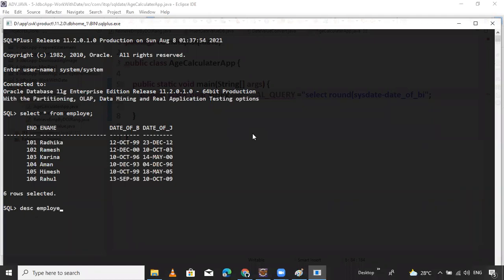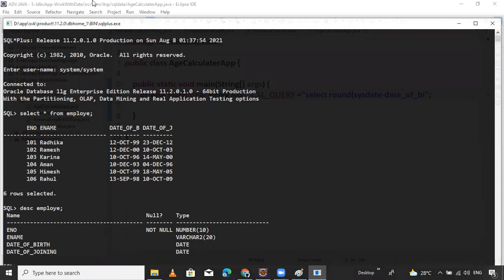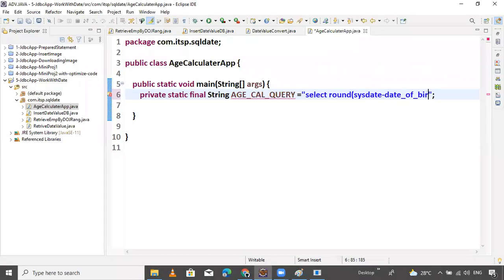Describe employee. Date of birth. Just divide this by 365.25 and simply get it divided, then comma, pass the value, pass the option number 2 like that.